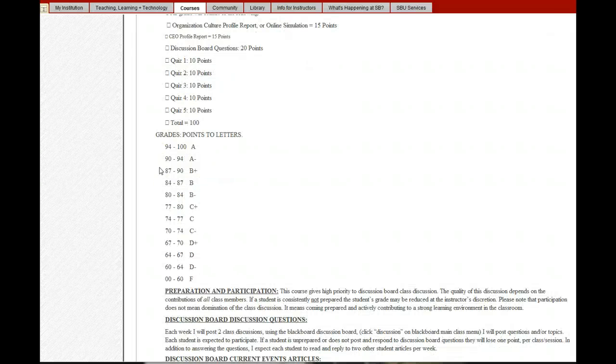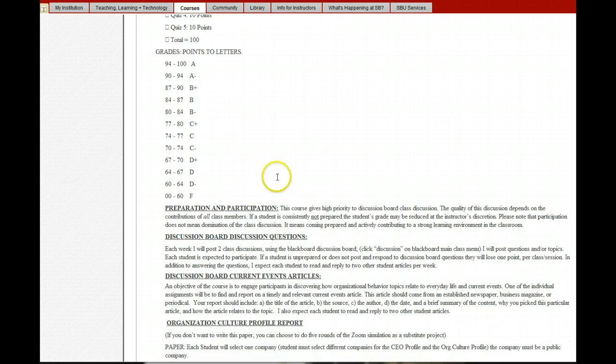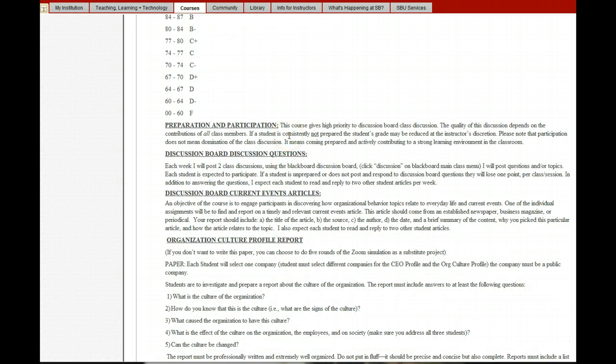The class works on a point system. There are no percentages. I grade in points. So it's a 15-point project; I'll grade you between 0 and 15 points. You collect these points, and the amount of points you end up with at the end of the class dictates your letter grade. Now, I do expect each student to be prepared and participate, which means reading the chapters,